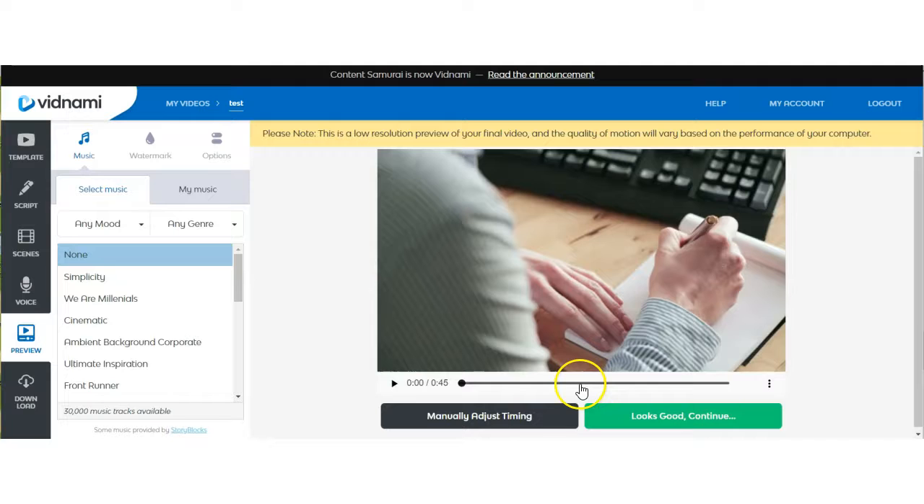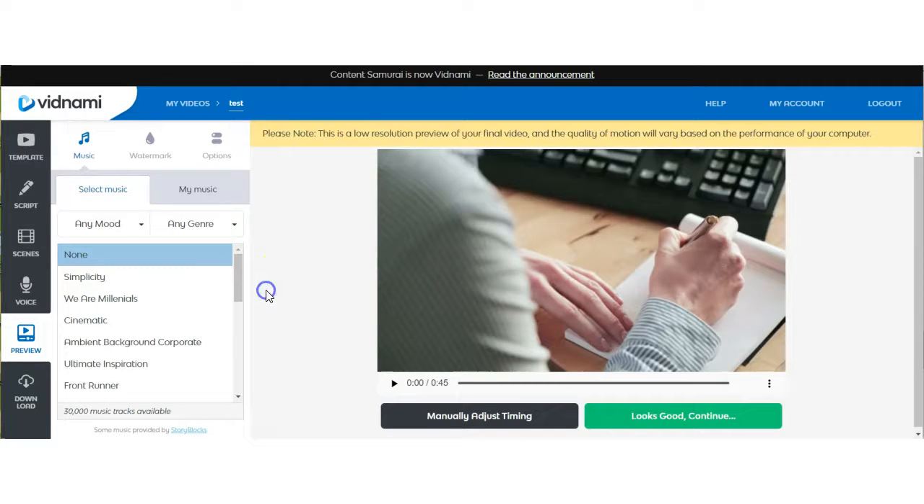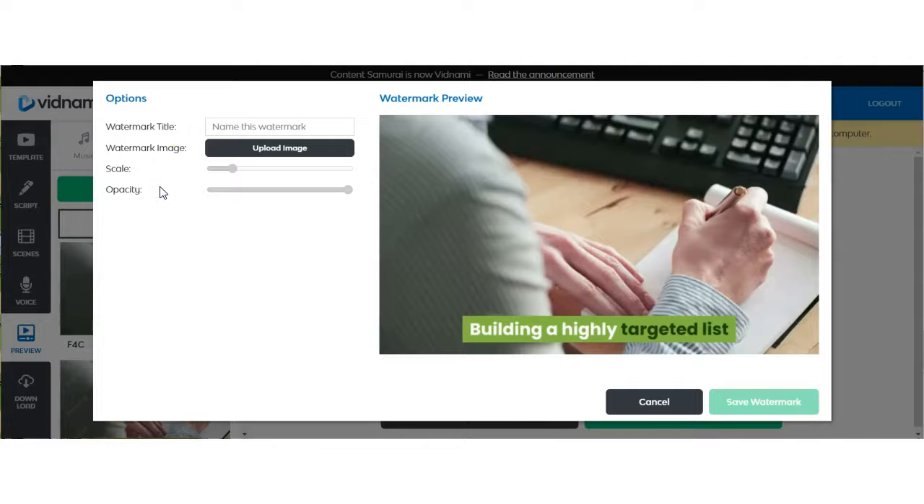Now, before we go to the next step, this is where you could actually add music to your video if you wanted to. You could go in and you could add music from here. And one of the other things I want to do is give it a watermark. And the way you do that is right up here, you'll see in the menu an option for watermark. You just click it, create new watermark,